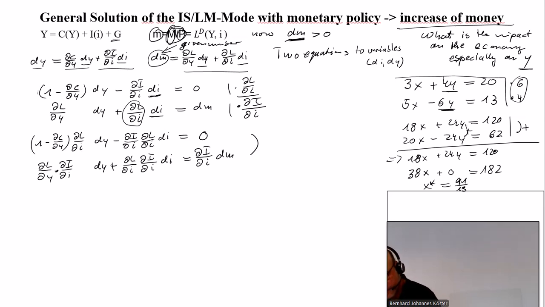Then again, we have here a minus, so we can add up these two, and we obtain,